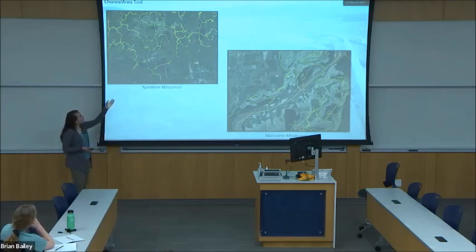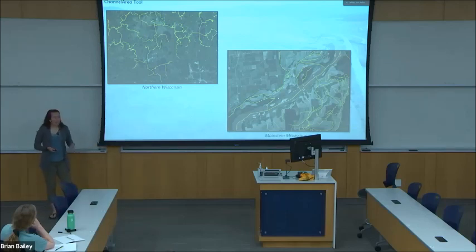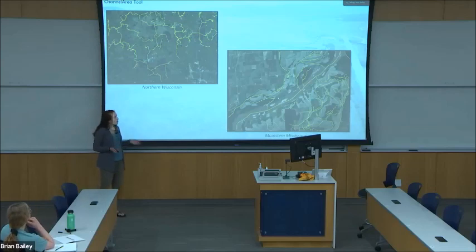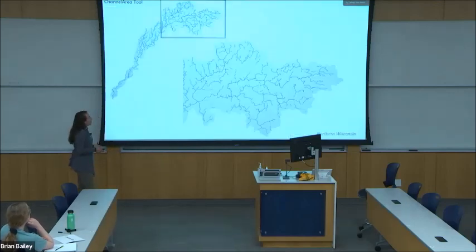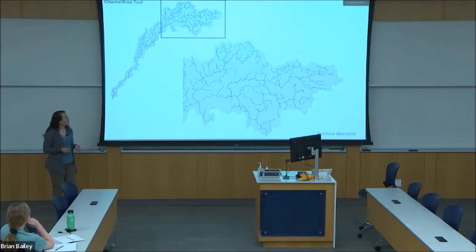For example, in northern Wisconsin, we have lakes that are part of our riverscape network, and they are represented by a line here. Something a little bit more complicated, something like the ratio of channel area to valley bottom width, you're still going to need a polygon for the channel in order to calculate that. So in our larger rivers, we still have lines that are representing actual areas. So to address that, we developed the channel area tool.